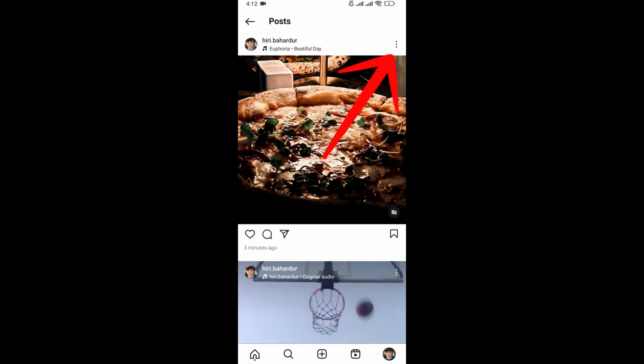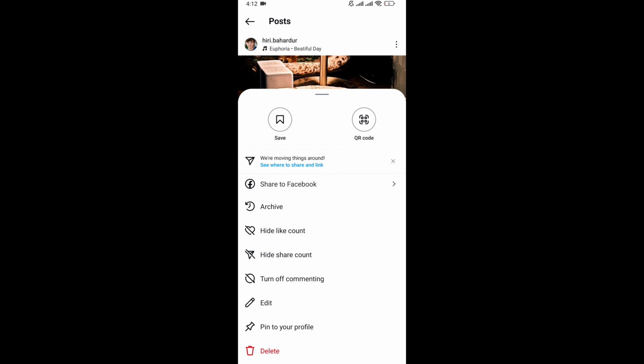So click on this three dot icon. But there's no such option as editing music in this post option. So the best way is deleting this post and adding a new music again. So first of all, delete this post,